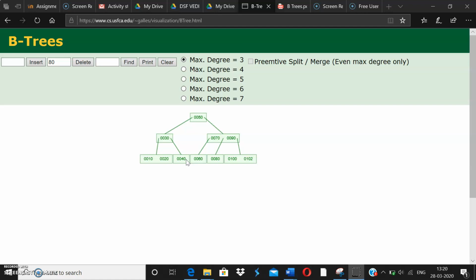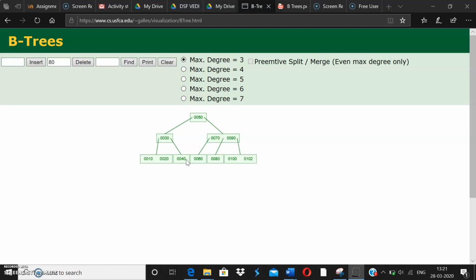If deleting a key is leaving a node with less than minimum number of keys, then you have two options. I'm telling you this again, that if this deletion, either from the leaf node or if it is a non-leaf node, or this replacement, is leaving any node with less number of keys, then you have two options. One is to check with the sibling, the adjacent one, and if the adjacent one is having more number of keys, you can borrow from them. Otherwise you can altogether merge with the neighbor, with the adjacent and the parent together.